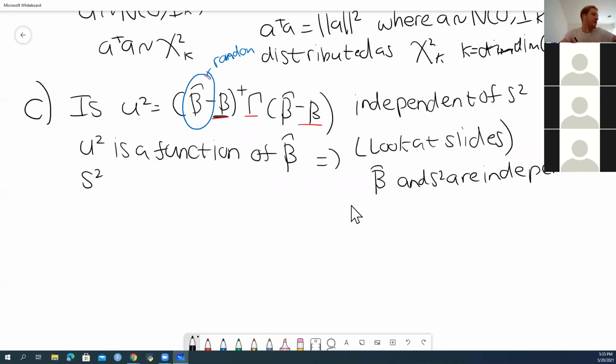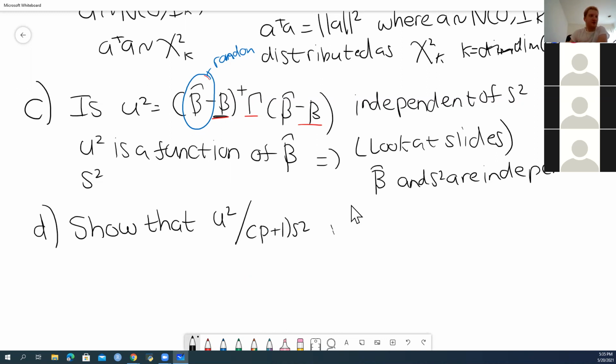So then D, okay. D is asking, show that U squared over P plus 1 S squared is F distributed. Okay, well, what's crucial here is